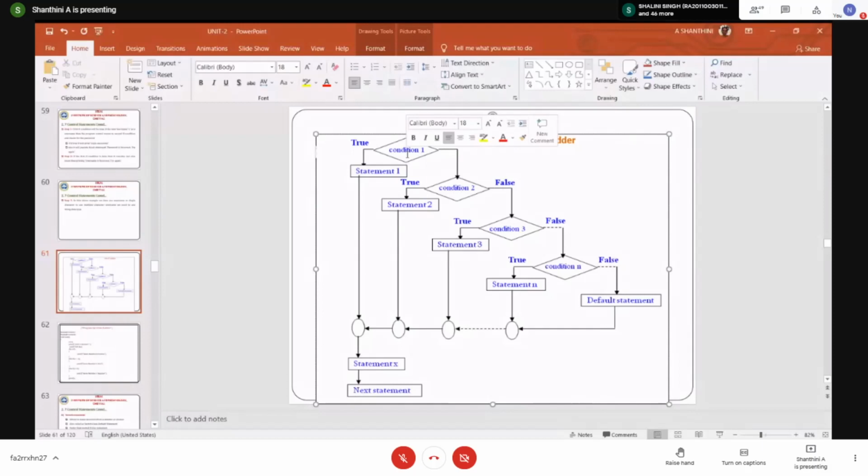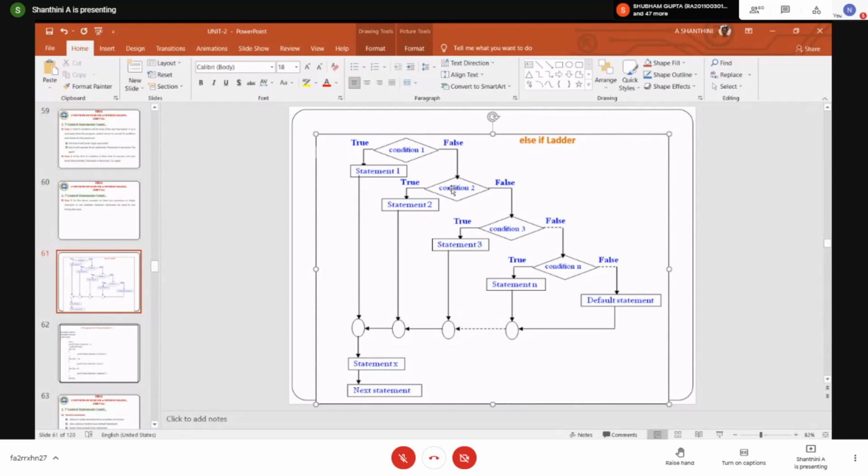If my mark is somewhere around 65, condition one will fail. False means it will go and check for the next condition. In the next condition, you will have else if mark is greater than 60 and mark less than or equal to 79.